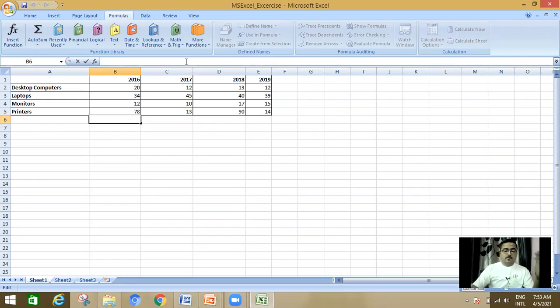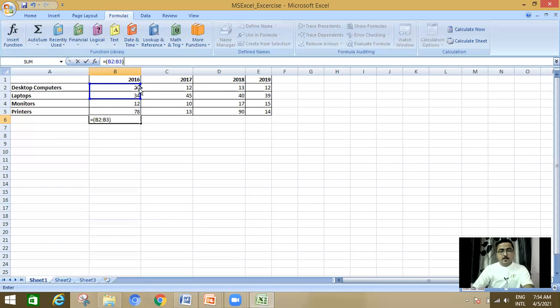Okay? What is to be done? I have to write down equal to, and then in brackets I have to put these four cell names. So what are they? B2, then B3, B4, B5.